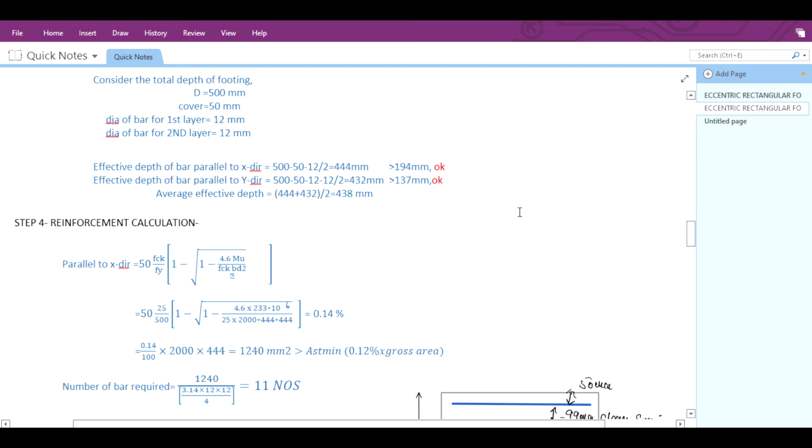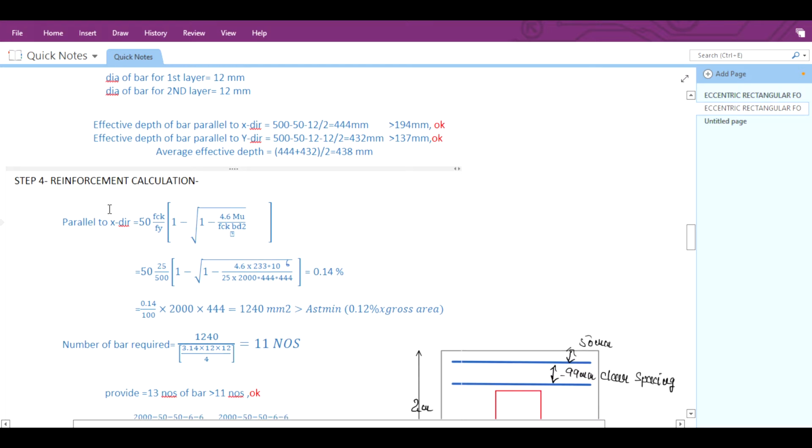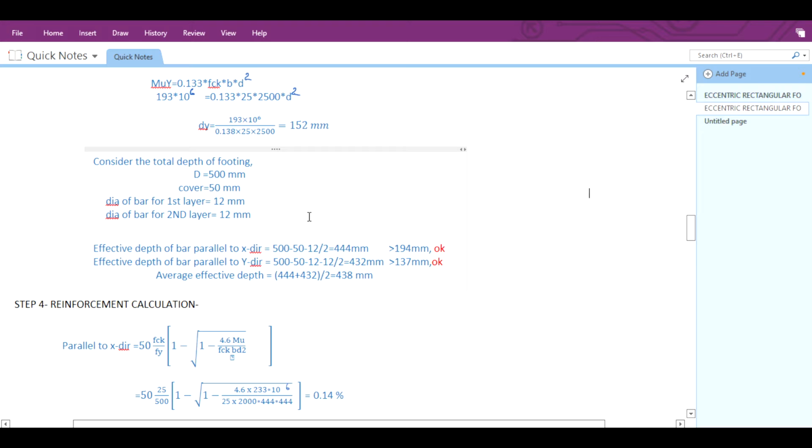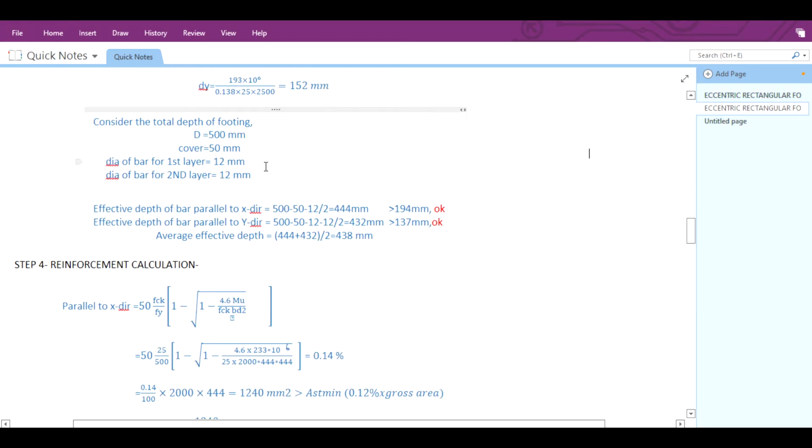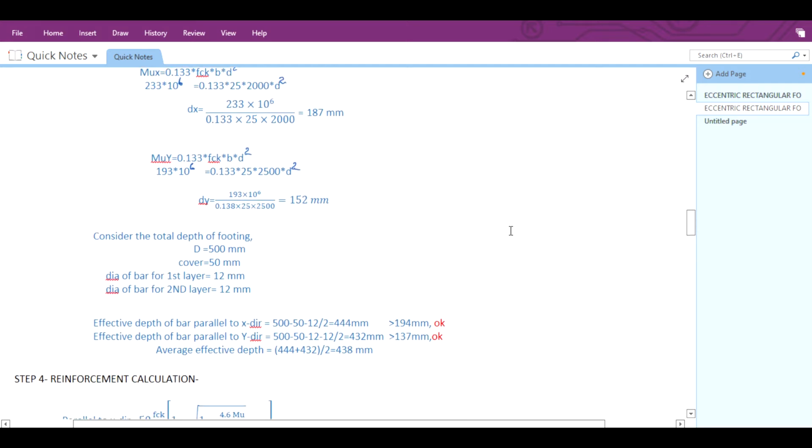So in the second lecture of the eccentric rectangular footing design for biaxial moment, we will go for the design of the reinforcement. We have already done the calculation up to the depth of the footing. Here we have chosen the total depth as 500, cover will be 50, and dia of the first and second layer bars will be 12 mm. So effective depth for the first layer will come as 500, that is total depth, minus cover, minus dia of bar by 2, so it will come as 444 mm,